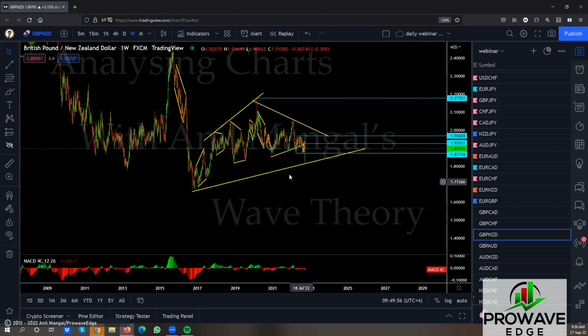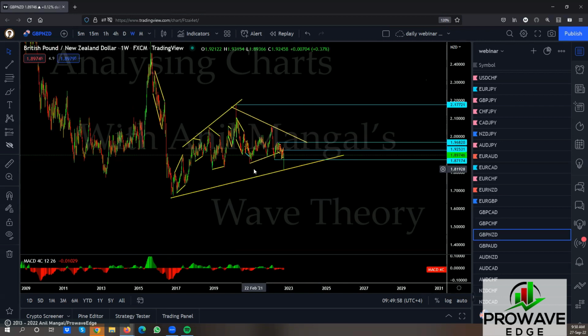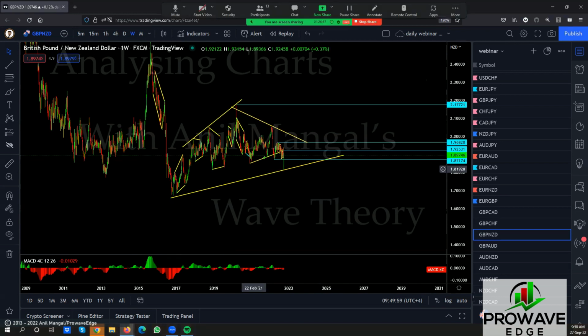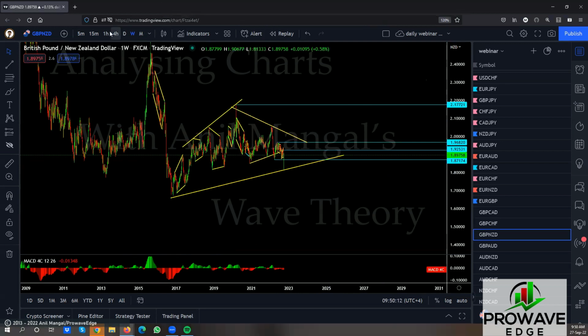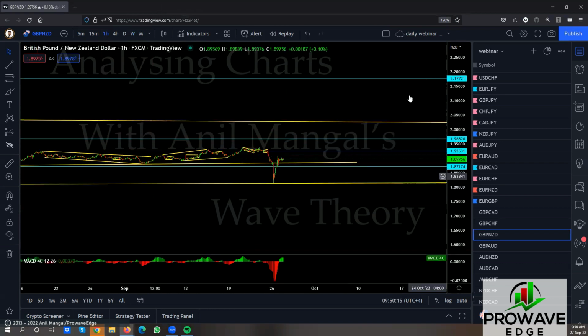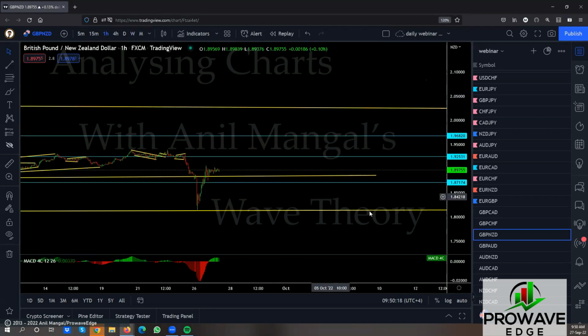Okay, so I think we were talking about this just before I left. The possibility of this doing this, right? Which is coming here and going back up to the top there for a flat. Right, so let's see if that is possible, because this could go all the way back to the top, make that bigger flat before it drops. So come back to this one, especially with that sharp pullback. That is definitely going to go up somewhere.